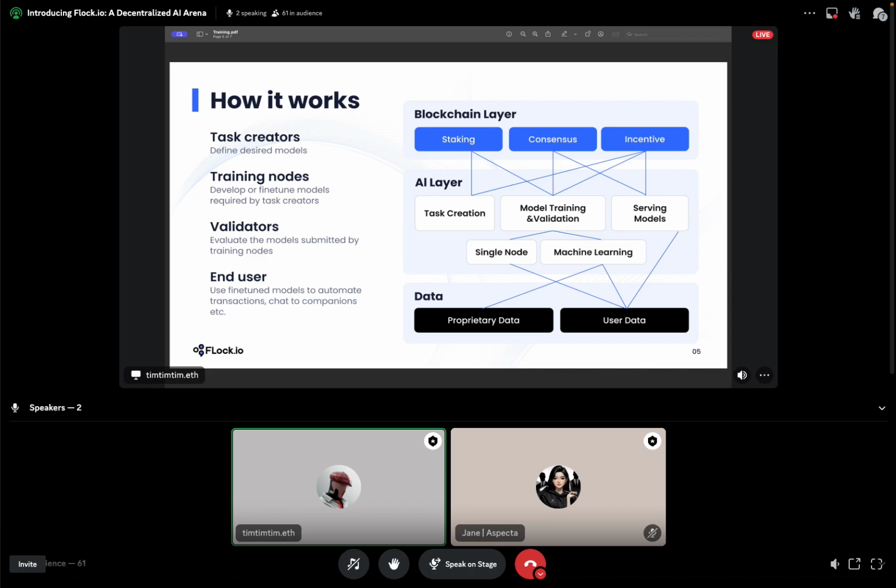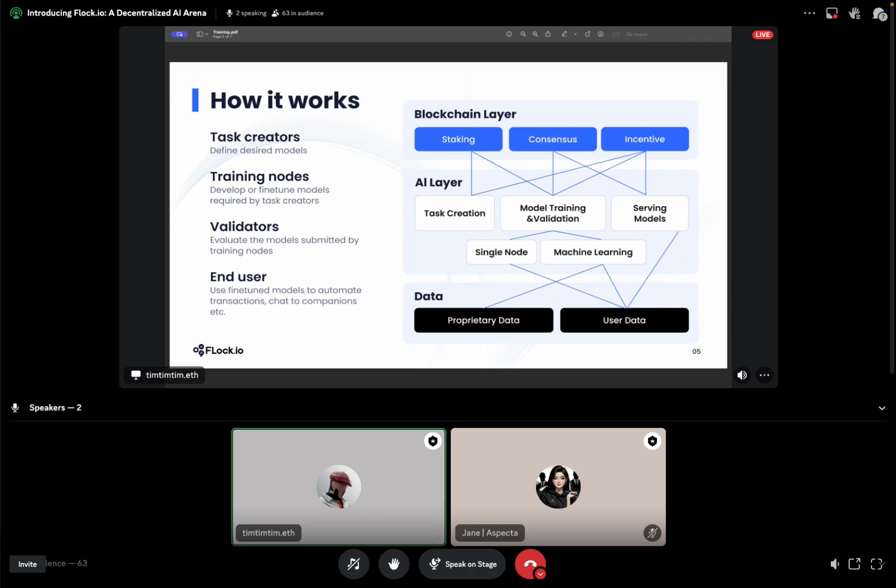One is the blockchain layer, as I just mentioned, where we use a staking mechanism for consensus, and then also through the staking and consensus mechanism, we incentivize users. So why staking? Staking helps us to create a relationship between the network and the user. Once you stake in, you have a financial relationship, so you want to act honestly. Otherwise, you'll get slashed. So there's a direct financial relationship here to prevent Sybil attacks or prevent dishonesty.